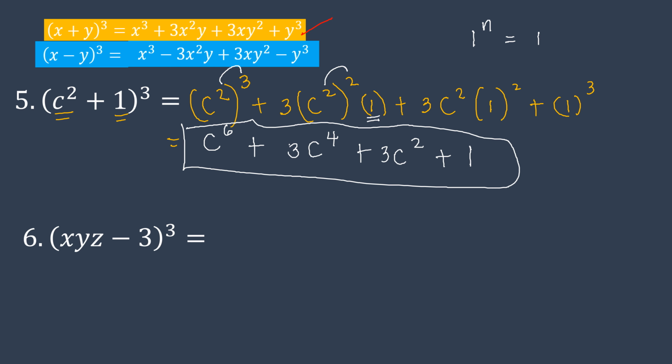Okay, let's proceed to number 6. This time, this is made up of 3 bases in our first term. But don't worry, we still have to follow the model. So, our first term will be cubed, but our first term is xyz to the power of 3 minus thrice x squared. So, x refers to our first term, and our first term is xyz. You square it,